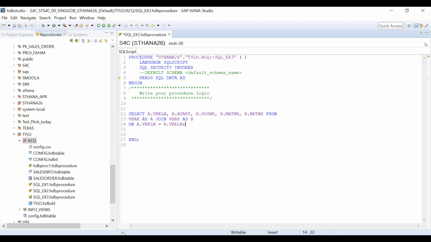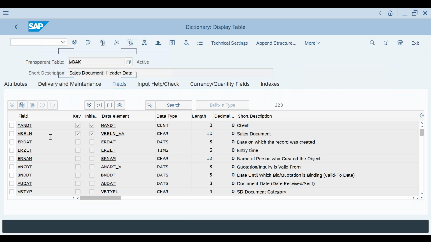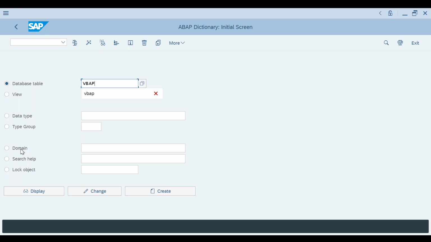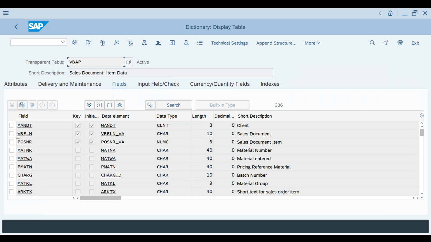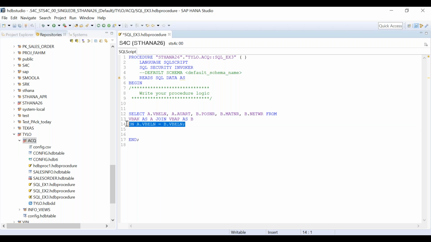Because the joining between these two tables, what is the primary key between these two? VBLN. This is VBLN, VBAK. If you go to VBAP, what is the common entity? Again, VBAK, VBLN, right? So we will join on the VBLN column so that the bridge is established between these two tables. Okay. So now my data output is ready here.